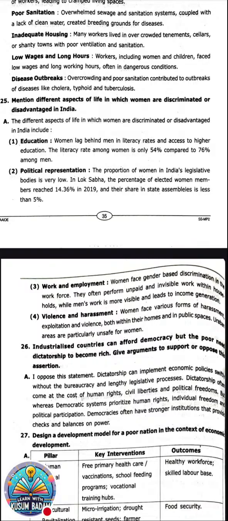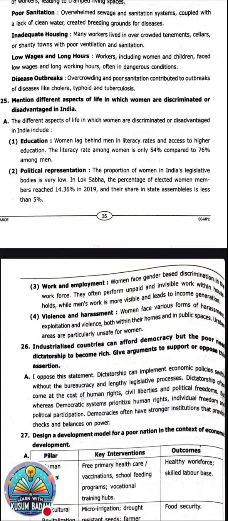Because of the orthodox family nature, mostly the parents, now it has changed, but in olden times, or still some people have the thought that if they educate their boys compared to girls, they will bring name to the family. If they educate the girl, anyhow the girl has to go to another family, she will get married and go to some other family. So what is the need to spend more on a girl compared to boys? So there is the first one, education.